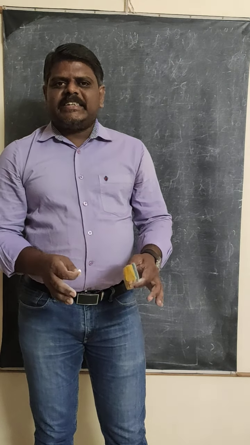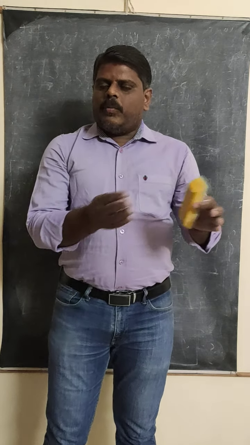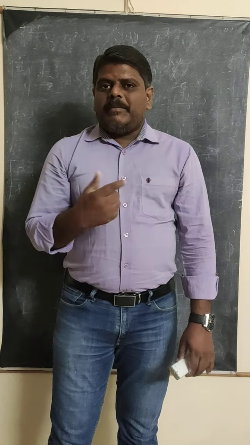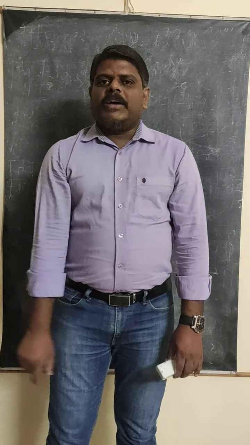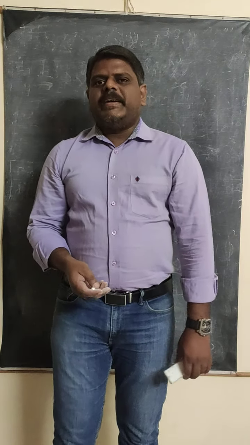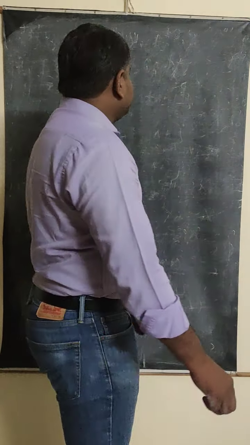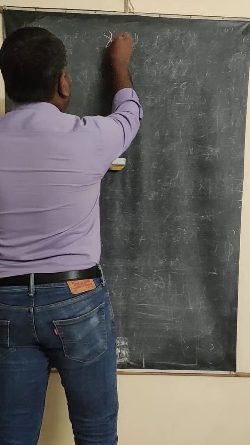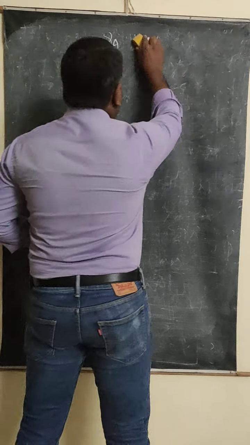All of you must concentrate on the experiment. There are different stages and different steps, and there will be a little bit of confusion between the weights we are going to take. So while I am explaining, concentrate step by step on what we are taking and what formulas we are using. This experiment is called the specific gravity bottle method, to find out the coefficient of apparent expansion of the liquid. You have to find out the gamma A value. Let us start the experiment.